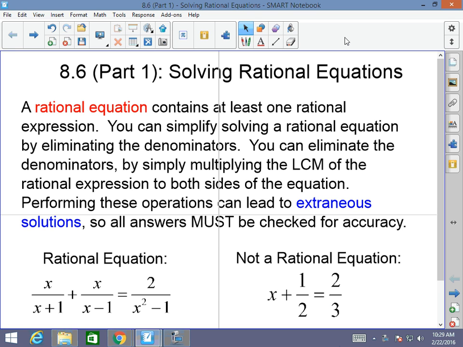Mo's Algebra 2 class. Today we're going to start the beginning of the last section of Chapter 8, dealing with rational expressions. And today we're going to move on from rational expressions to actually solving rational equations. The good news,